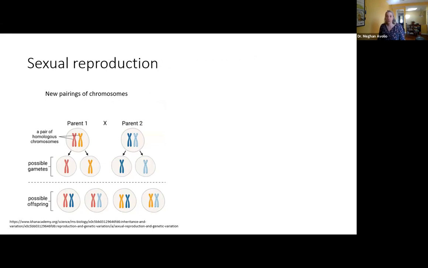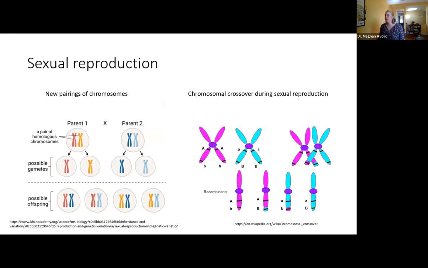A second thing that was really cool that can happen during sexual reproduction is crossing over. So here's the case where here are the 2 parent genotypes. They line up at one point during meiosis. And when this happens, chromosomes will often recombine. So there'll be an entirely new combination of a chromosome inside individuals. And so this is shown here.